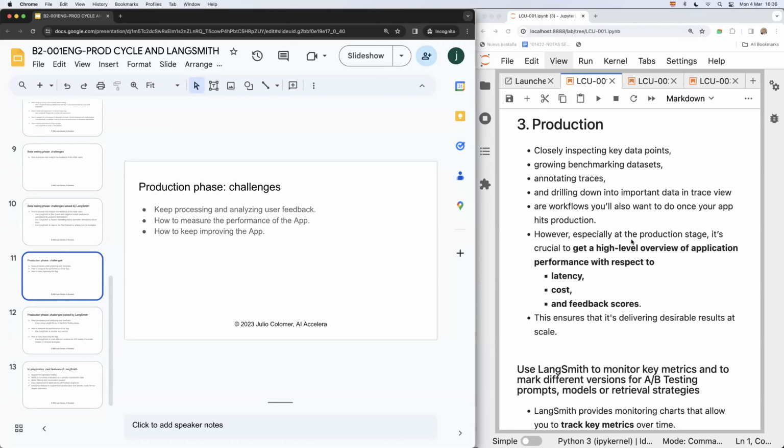However, especially at the production stage, it is crucial to get a high-level overview of application performance with respect to latency, cost, and feedback scores. This ensures that it is delivering desirable results at scale. So, production is very important, and it's not just about monitoring, it's also about continuing to process and analyze user feedback, right? So this is where LangChain is telling us that there is the